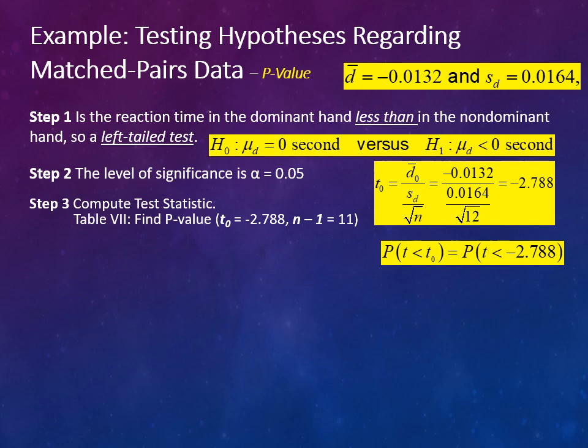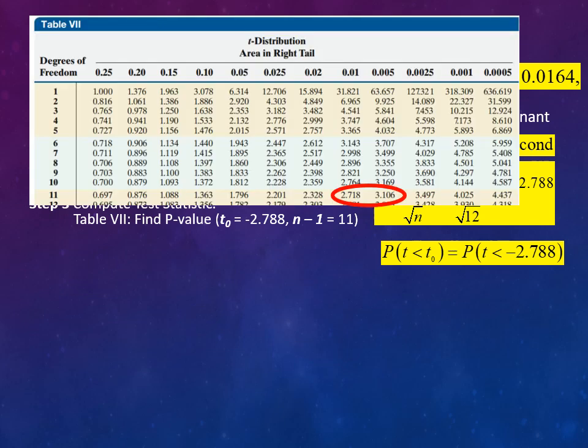But here what we're going to do is use that same table, table 7, to find the p-value for that test statistic, okay? And so here again we have the test statistic of negative 2.788, which we saw before. And then again we have our degrees of freedom of 11. So we're going to look for that test statistic value in table 7, and then the p-value